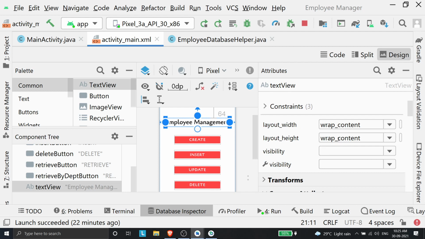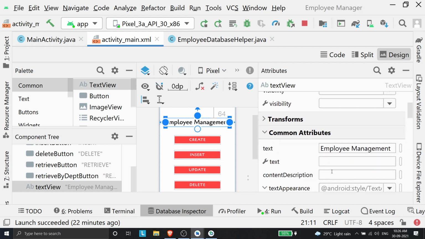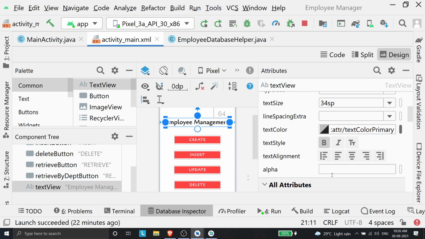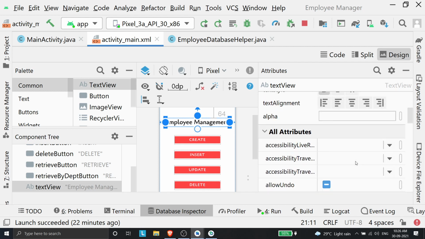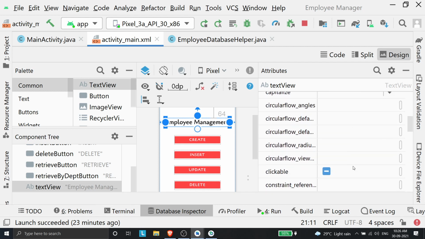And the width and height is not static here. It should wrap the content. Basically, wrap content means that whatever content is inside it, it should take that much width and that much height. So that's what wrap content is. You can just give wrap content for UI components that will change their height and width according to the contents that might be inside them. So I've just given wrap content here. And those are the attributes that I've mentioned. You can align the text also if you want to. I've not done anything like that.